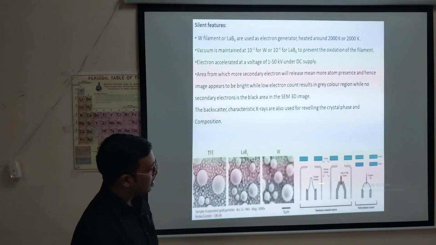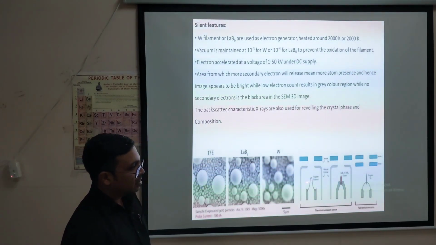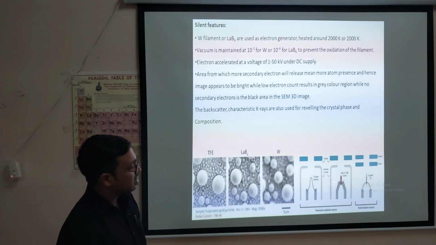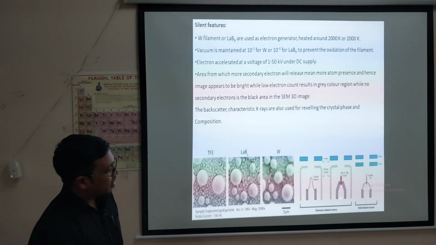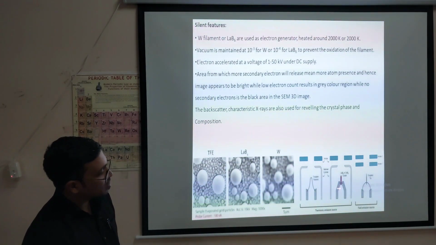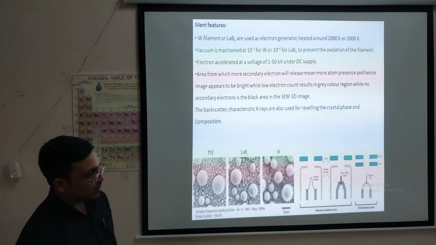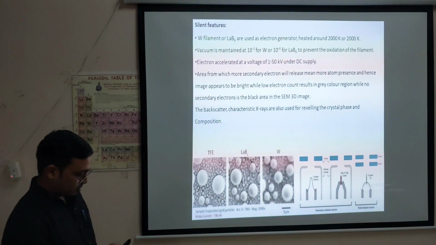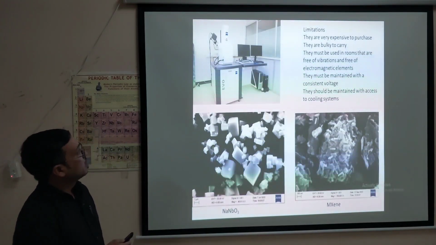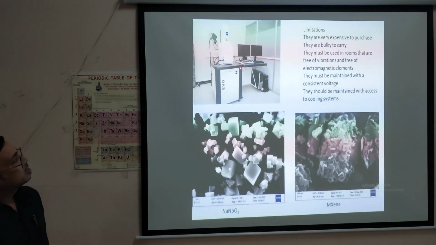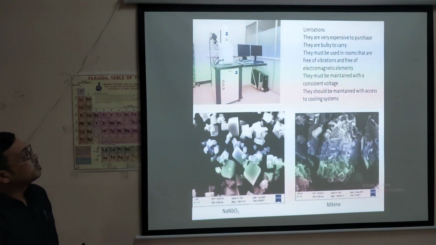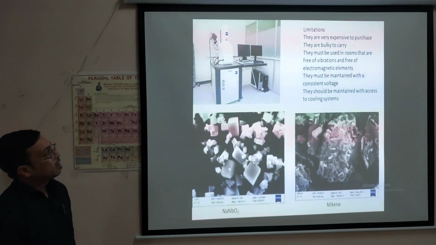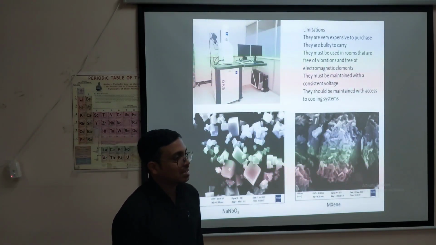And this is the tungsten filament. This one is your lanthanum hexaboride or cerium hexaboride crystal. This is a single crystal, and this is a thermionic emission source, and these are field emission sources. I will go into detail about the field emission source in the FESEM part. Up to this point, you are clear? Now this one is associated with us, the EVO 18 SEM image, and these are the shortcomings associated with SEM.